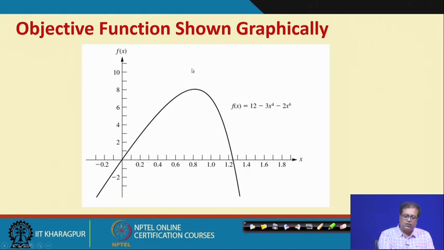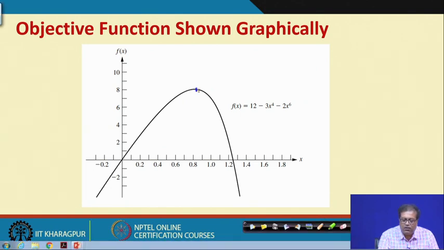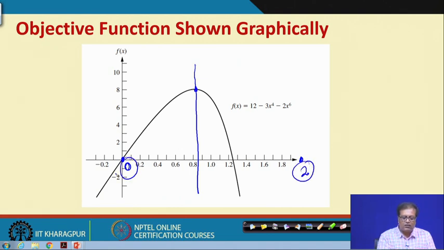Supposing this is our maxima, maxima will be somewhere here. Now, it is known that this maxima is definitely from point 0 to somewhere here, that is point 2,